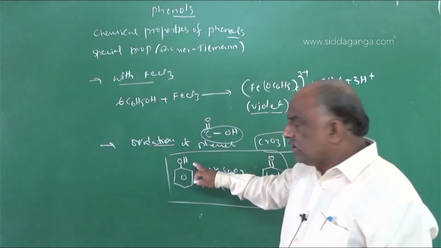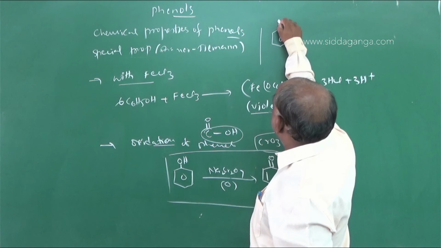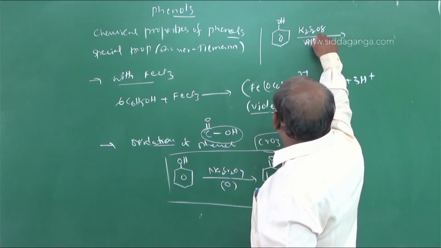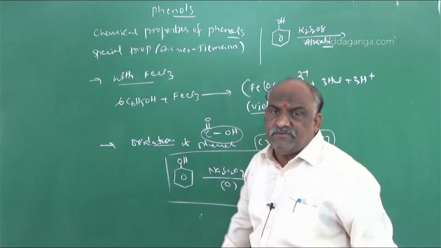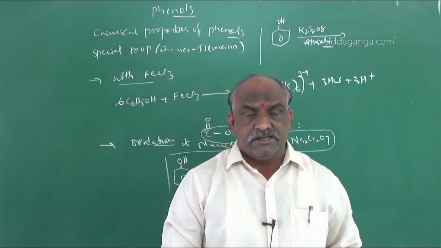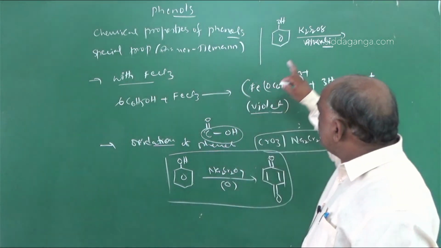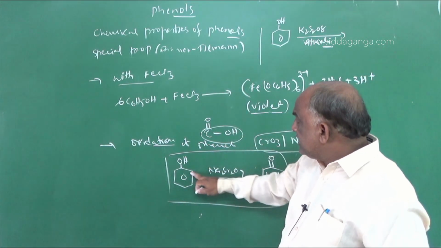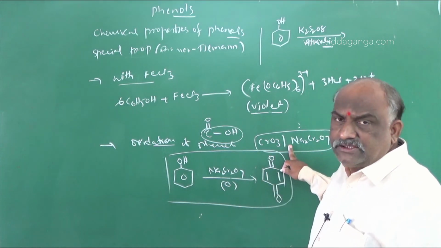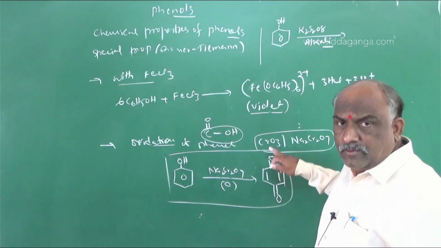One more reaction is also there. Monohydric phenols undergo oxidation in the presence of K2S2O8. K2S2O8 is called potassium persulfate. We know H2S2O8 is peroxydisulfuric acid, Marshall's acid; removal of the two hydrogen atoms from that gives K2S2O8. So you should make a note: common oxidizing reagents are sodium dichromate, potassium dichromate or CrO3, and then phenol is converted into benzoquinone.